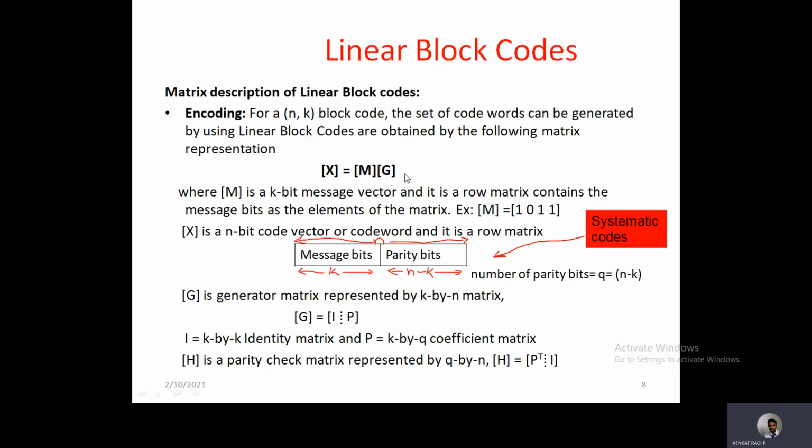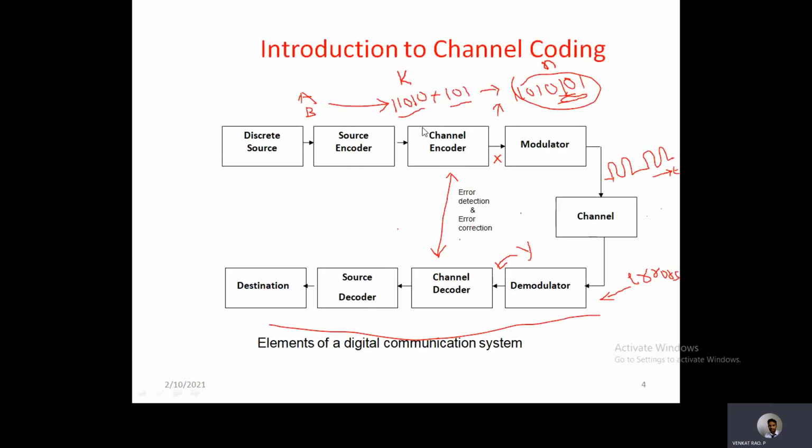So consider all these are represented in the form of matrices. How? Here M is a k-bit message vector. That means the message bits, for example, 1011, are the message bits we are applying to the input of the channel encoder. So let us consider this is the message bits. So this must be represented in the form of